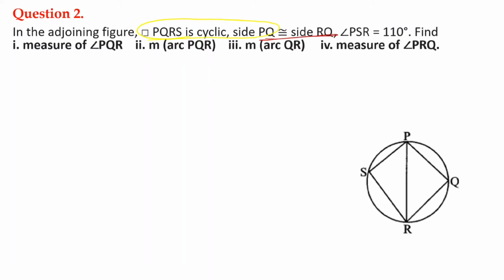Side PQ and side RQ are equal. Angle PSR is 110 degrees. Let's see the solution of this question. Now you can see that here quadrilateral PQRS